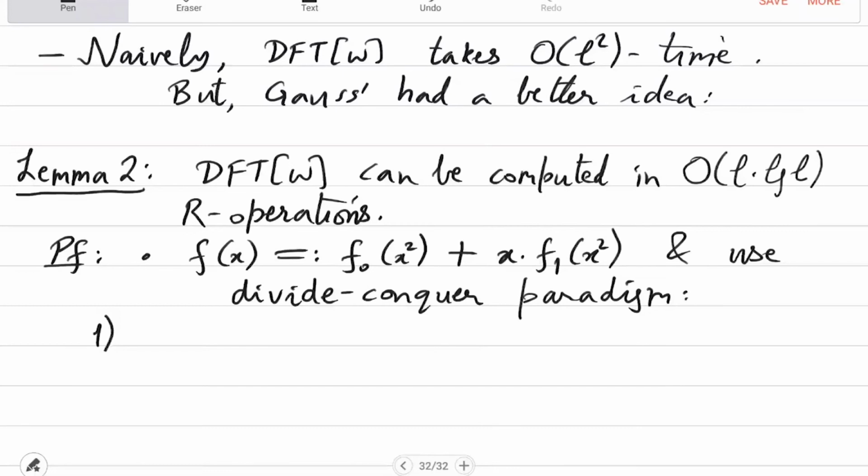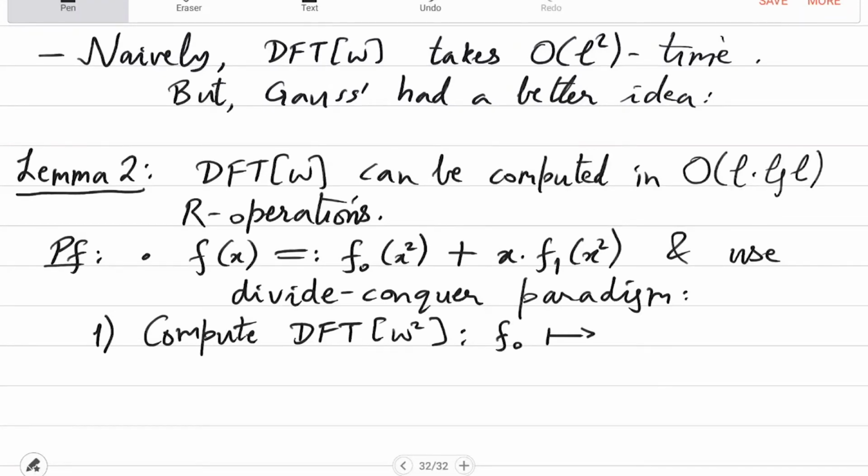So this is the first half and f1 is the second half. And then you can combine it by just taking a linear combination of f0, f1. So that divide and conquer is now straightforward. So first you compute DFT omega square on f0. By f0 I mean look at the coefficients of f0, that vector. So on that vector you apply DFT omega square, and suppose you get